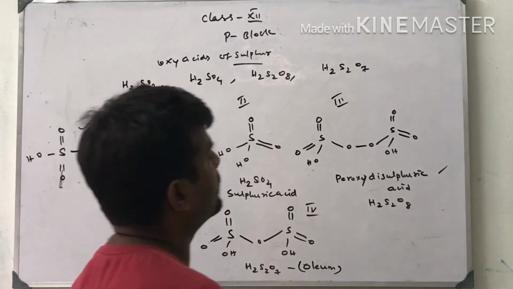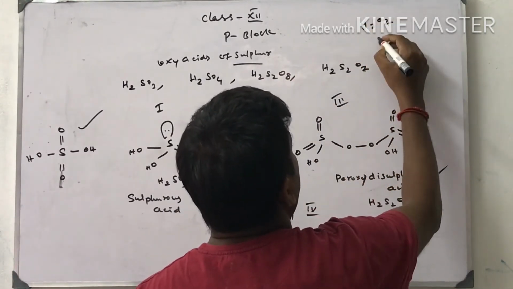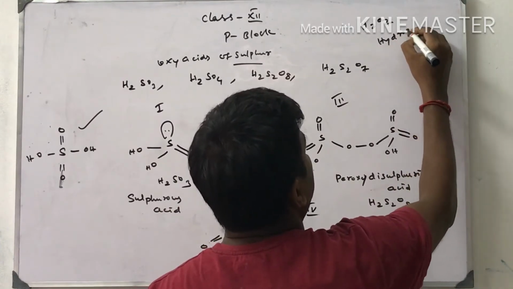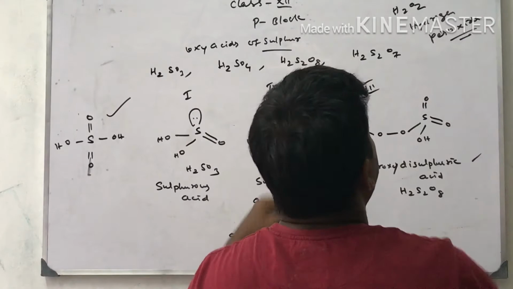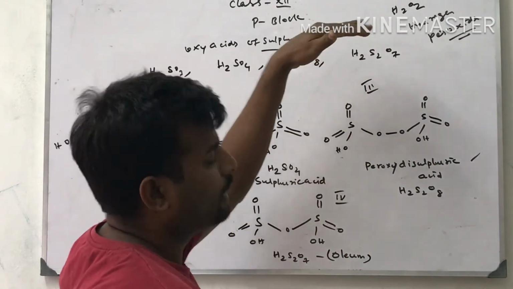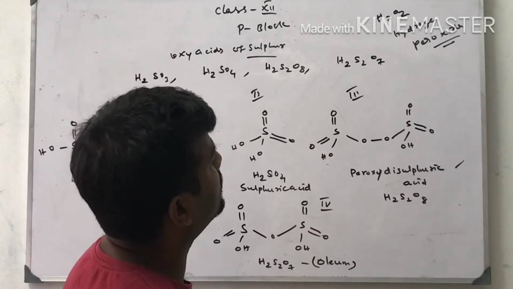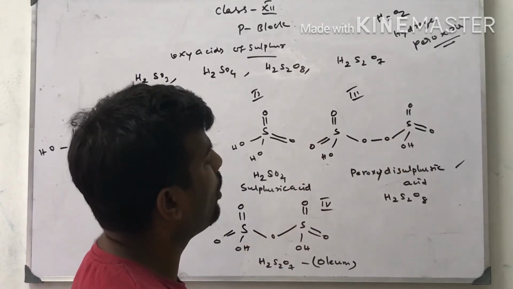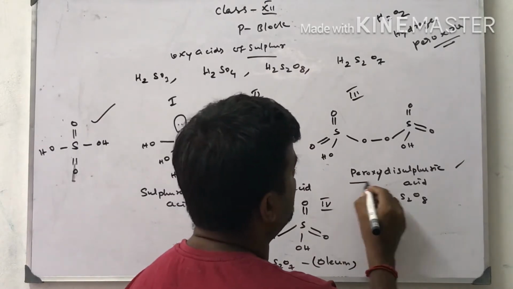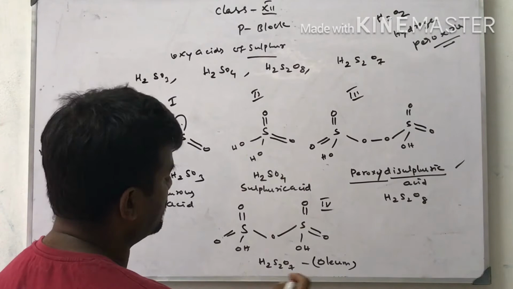And this is called peroxydisulfuric acid. Peroxy means like H2O2, which is called hydrogen peroxide. Like that, peroxide means two oxygens are present, an equal amount of the main element and the oxygen. So oxygen is present with sulfur, two sulfur, two oxygen present. So that is called peroxydisulfuric acid. Okay, next one is oleum.